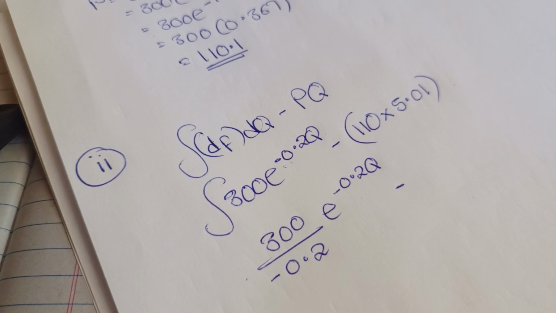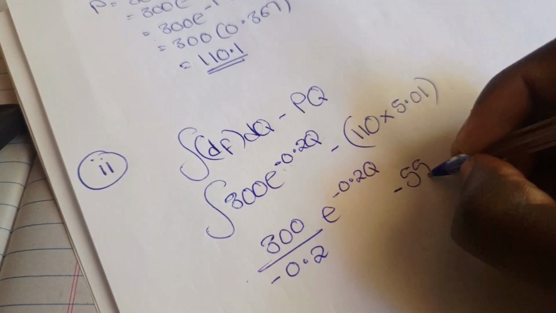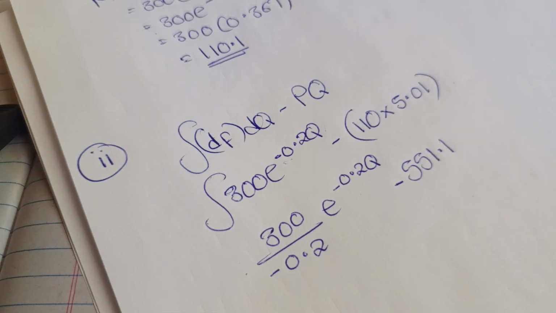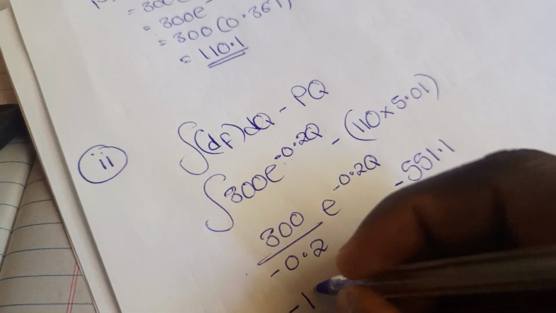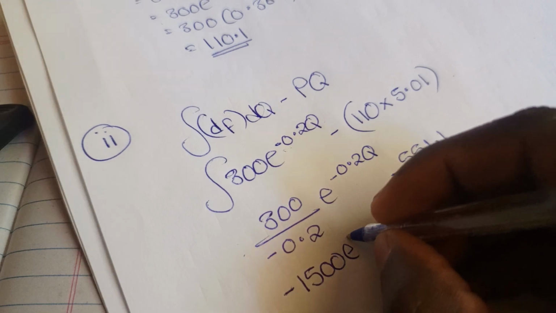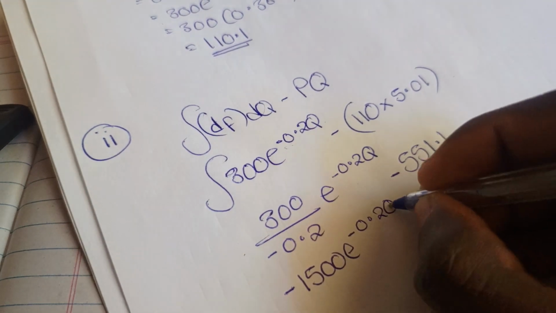Okay, let's just get 110 times 5.01, that will give you 551.1. So from here you can just divide: 300 divided by negative 0.2, you will get negative 1500 e to the power negative 0.2q minus